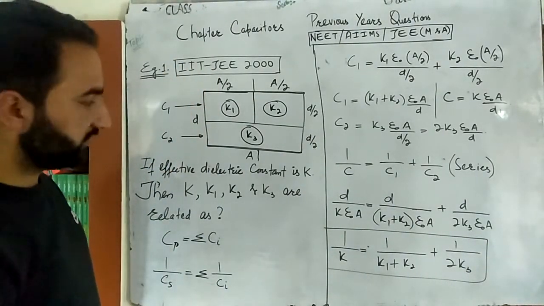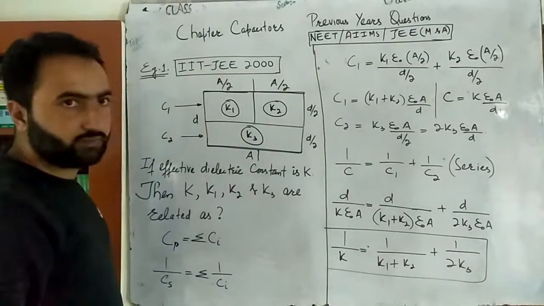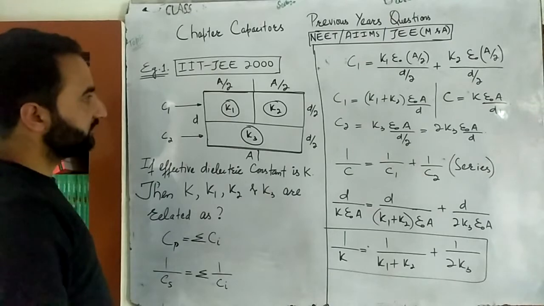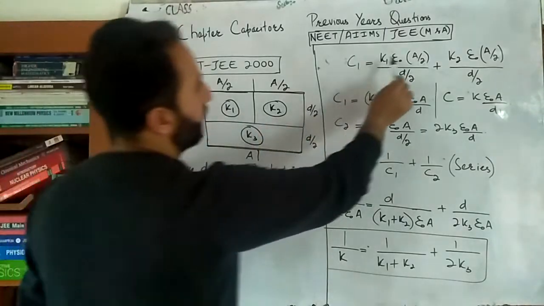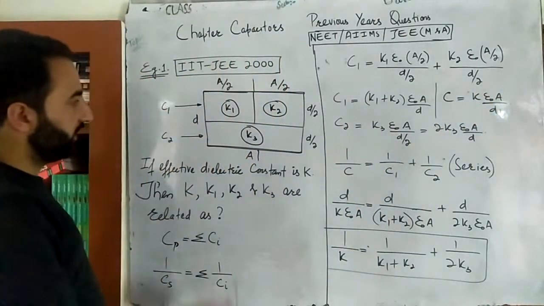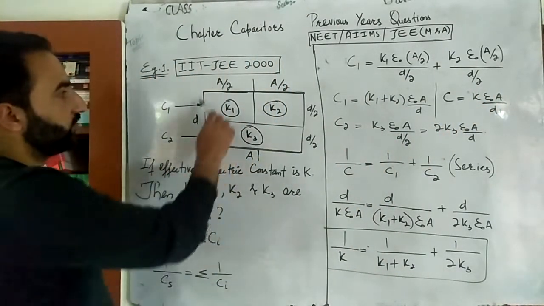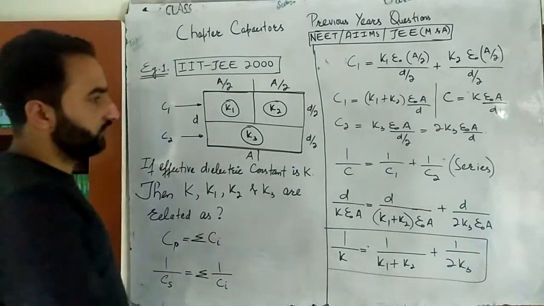Okay, so quite easy, not that rocket science. Simply this one in parallel, series with this. Calculate capacitance of this. That will be simply this plus this. So K1 epsilon naught A by 2 divided by D by 2 plus this one. So we are here, this is C1 and C2 is the capacitance of this, and C is the equivalent capacitance. That will be obviously equal to K into epsilon naught A divided by D. Okay, then we have this equation.